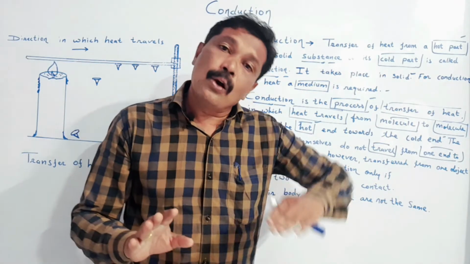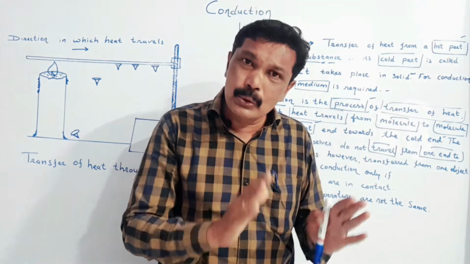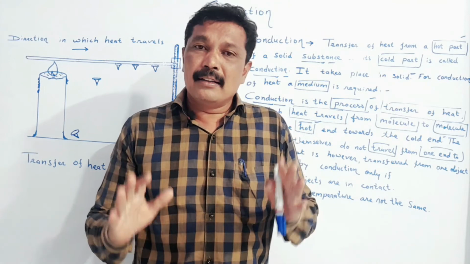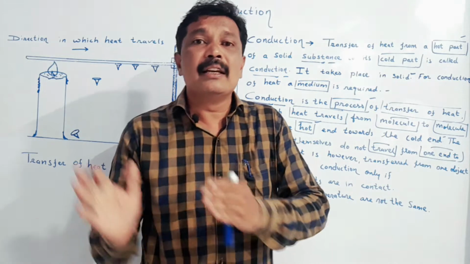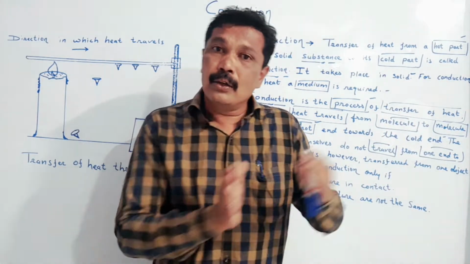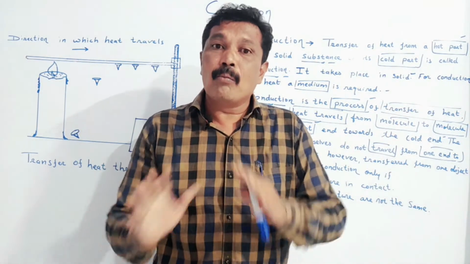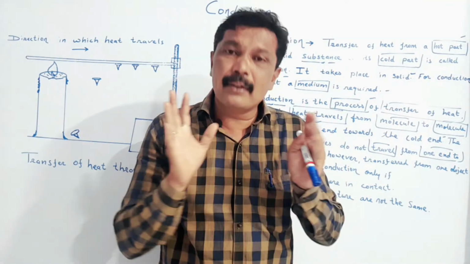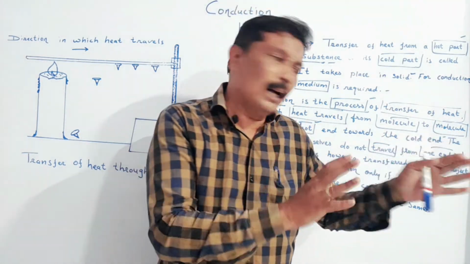In this way, all the molecules in a sequence get the vibration due to the collision of the nearby molecule, and they keep vibrating in their own place. In this way there is transfer of vibration from the hot end towards the cold end, and hence we can say that molecules do not change their place but keep on vibrating in their place, and there is a flow of heat from the hot end to the cold end.